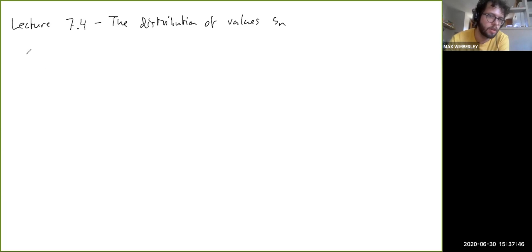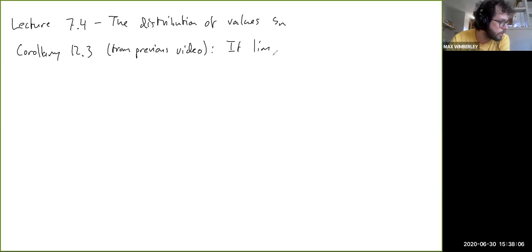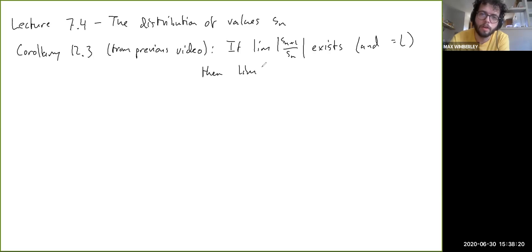Okay. Before I get into that, I want to just state a corollary to the theorem I proved in the previous section, which is this corollary 12.3. So from the previous video, if the limit of Sn plus 1 over Sn exists and equals L, then the limit of Sn to the 1 over n exists